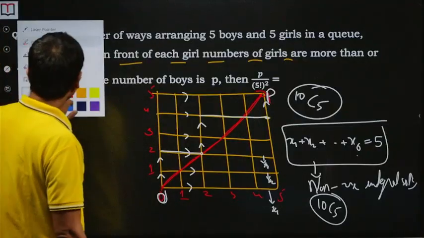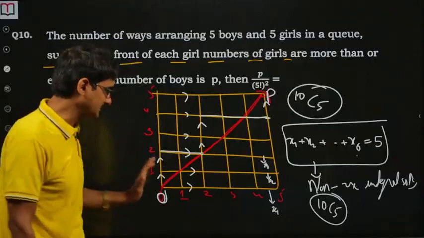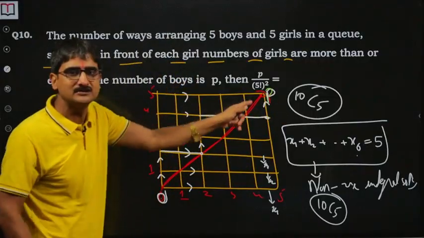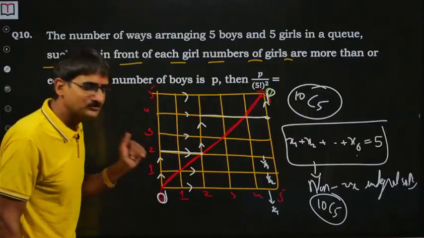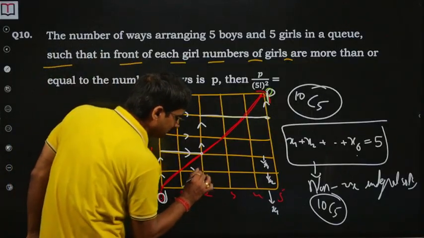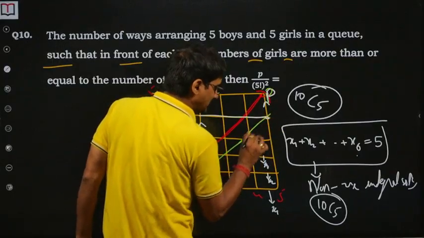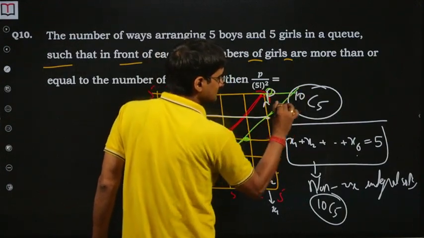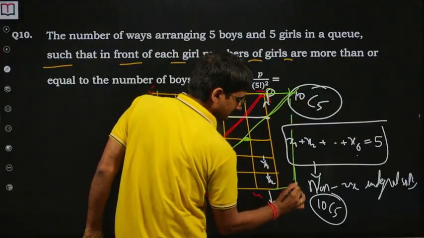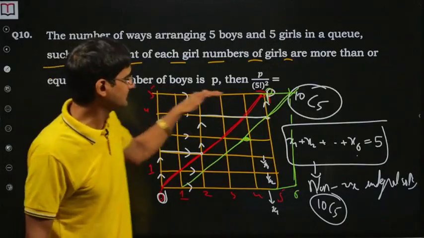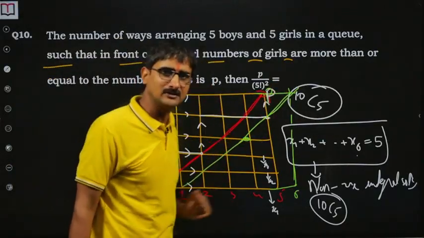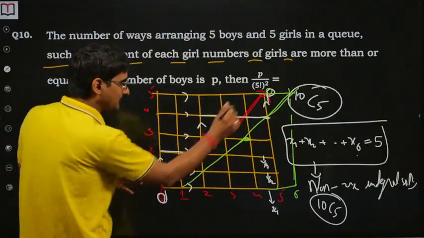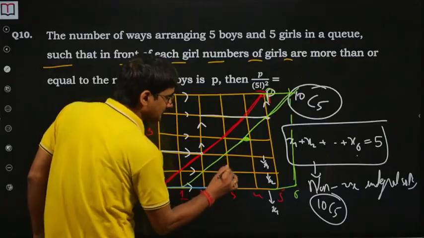Now there was a very good question in this one only. In how many ways can you start from O and reach P without crossing this diagonal? That's why I drew the diagonal. There's a method which says that you draw a diagonal parallel to this one, which will meet the 6th horizontal line on the 6th vertical line. Now think about any way of reaching here where you cross the diagonal.